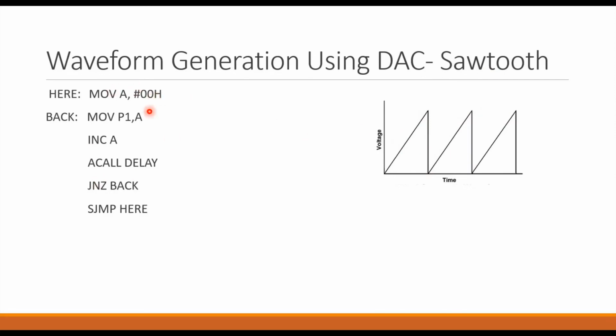See, whenever you start writing your program, first of all identify what the required output is. That's why I have shown you these diagrams. Once you have this visualization of your output, you can easily go on writing your program. So here, same program as there: loading a value into the accumulator, moving it into port 1, incrementing, call delay. Only thing is that here we are making a check of JNZ. When it reaches zero, it again has to go on incrementing. That way it has to follow for n number of times.